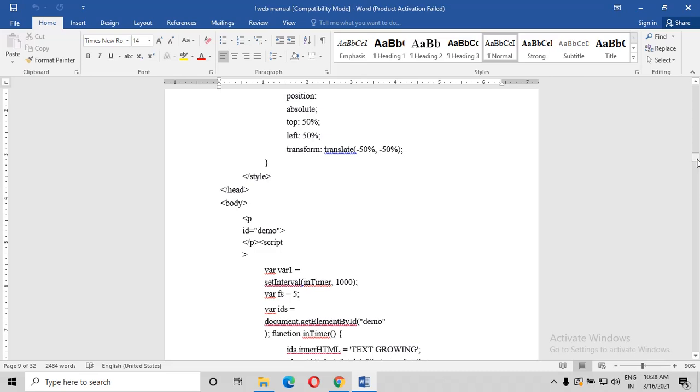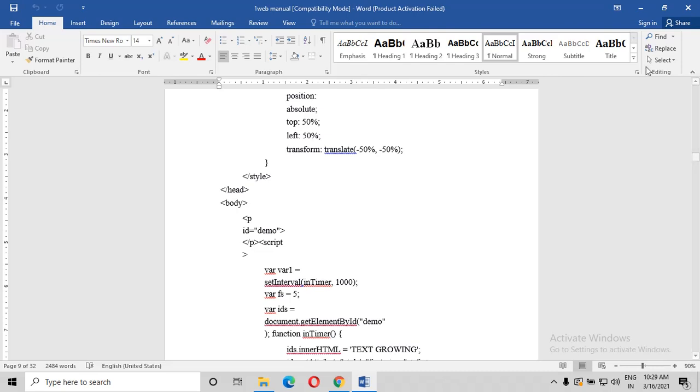The element with position absolute is positioned relative to its nearest positioned ancestor, like we call fixed and all. If an absolute positioned element has no positioned ancestor, it uses the document body and moves along with the page, right? So positioning is very important, absolute positioning.